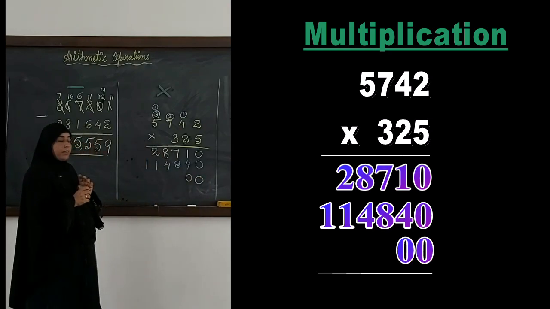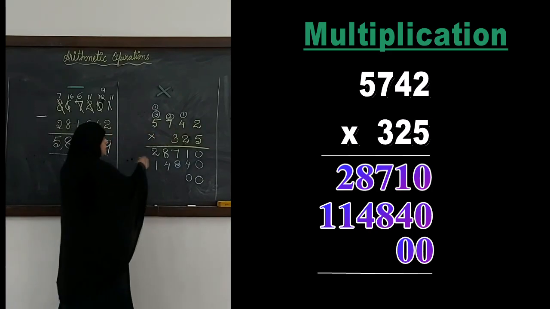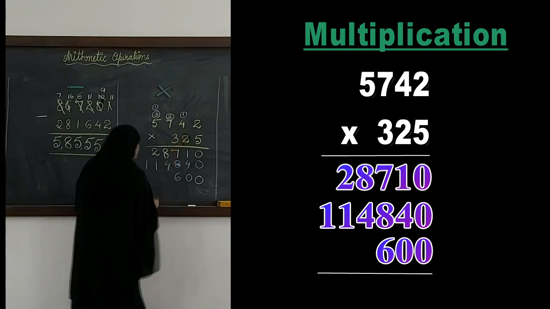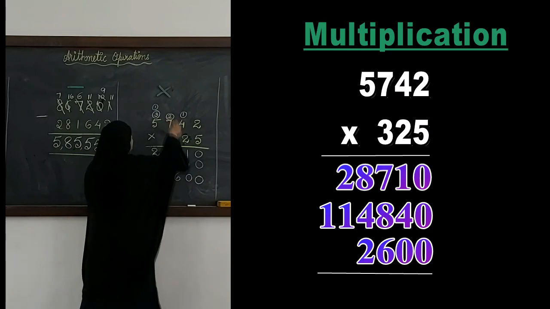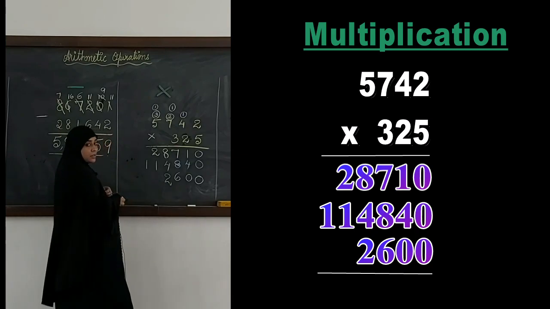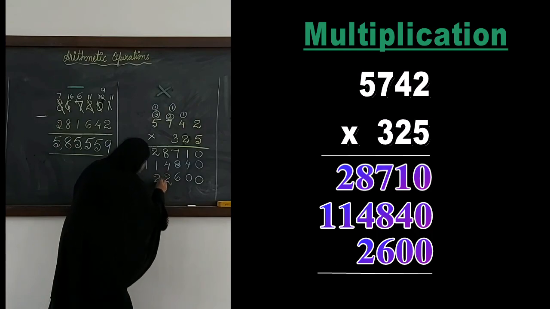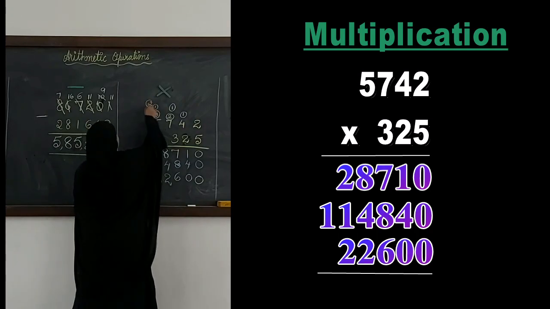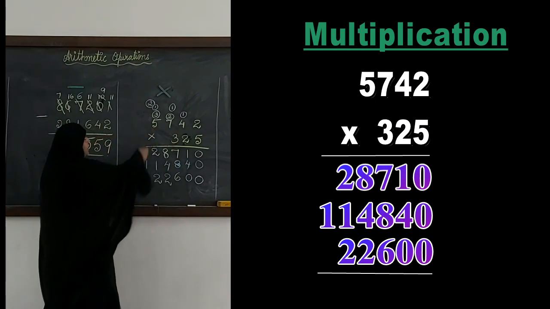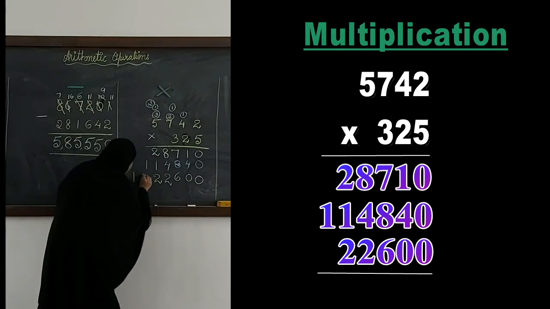Okay? And then we will start multiplying 3 with this number. Fine? So let's start. 3 2s are 6, 3 4s are 12, 1 we carry over here, 3 7s are 21 plus 1 will be 22, 2 and then this 2 we carry over here. Then we have 3 into 5, 3 5s are 15 plus 2 which we carried.